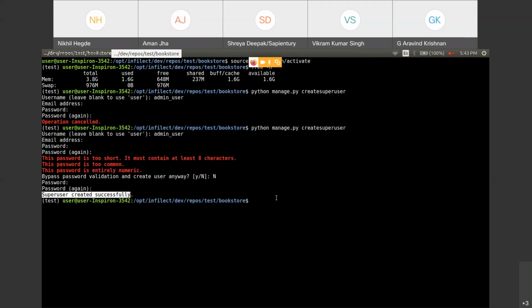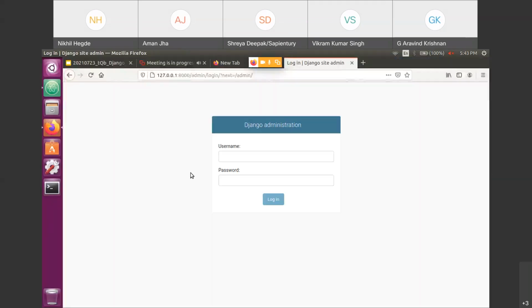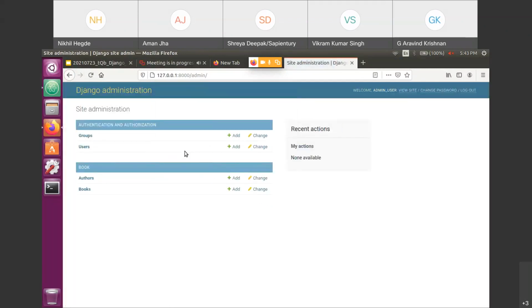Once you have created your admin user, you can access the admin interface with the same credentials. Okay, so here you can see that I have successfully logged into my admin interface.